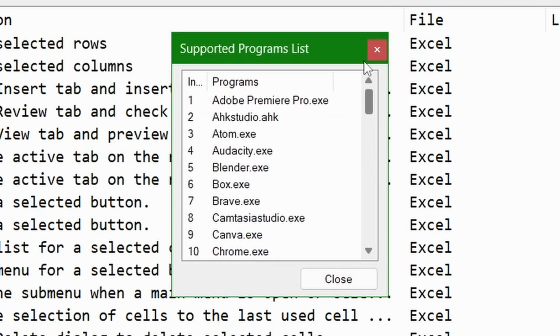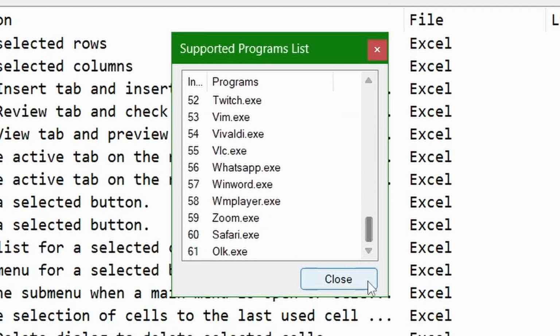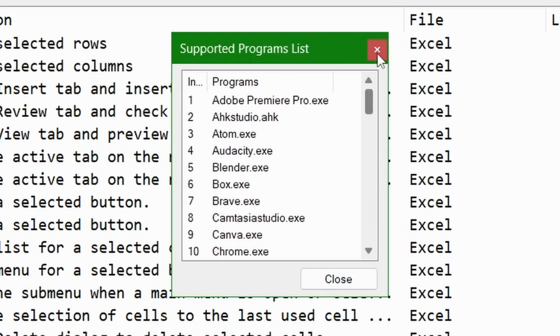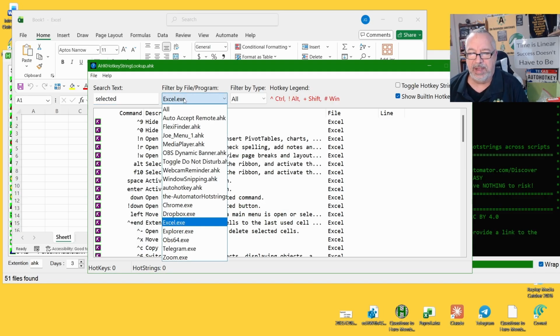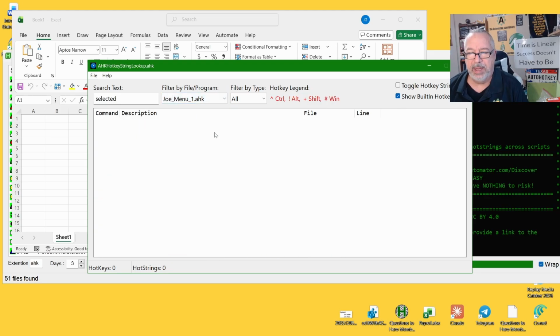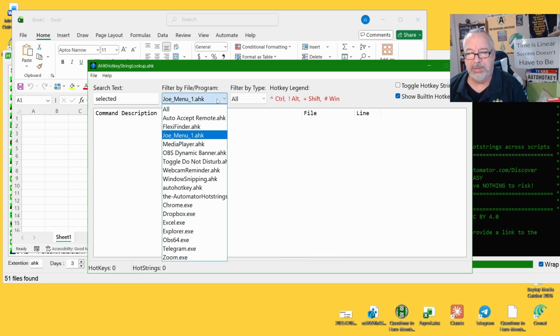I don't know why Irfan made that font smaller. It's just fine, but yeah, we have a lot of programs that we added the hotkeys for, hard-coded them, because you can't search an executable to figure out what hotkeys are there. This is great. Like if I want to look at my Joe Menu 1, I can see if it has any hotkeys or hotstrings. Or let's see, the media player has